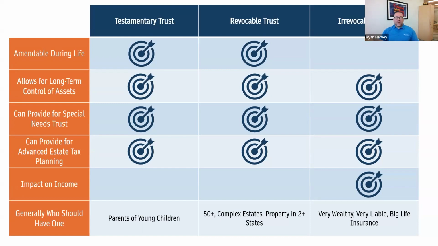So it is still pretty common to run into irrevocable life insurance trusts. Once you've set them up, there's really not a reason to break them down. It's an easy way to effectively move money from a wealth perspective in a very tax efficient way. So if you bump into one of those, you hear about that, there's a generation in your family that has it, those kind of things. That is an irrevocable trust.